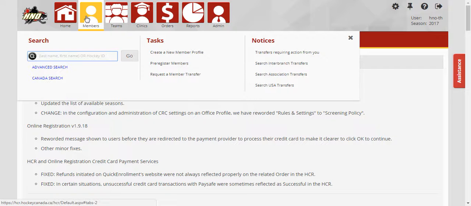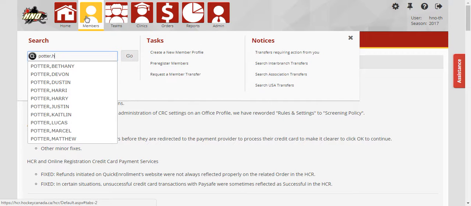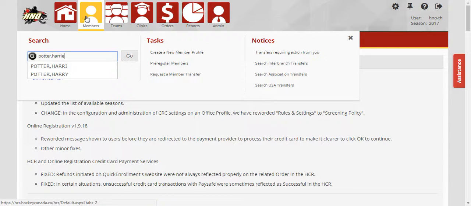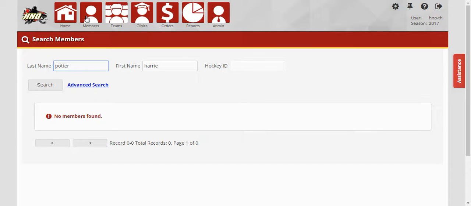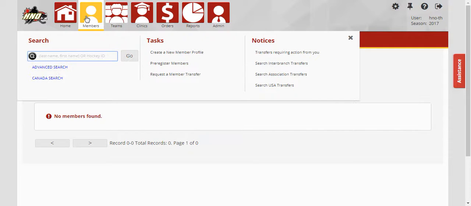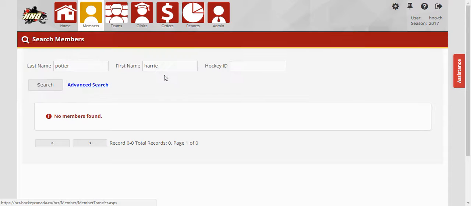The first thing, if you're looking for a member, you would need to enter their contact information. So you enter their last name and their first name, and I see that no member is found. If you believe that member does exist and they may be under another association within H&O, you click on members under tasks, request a member transfer,